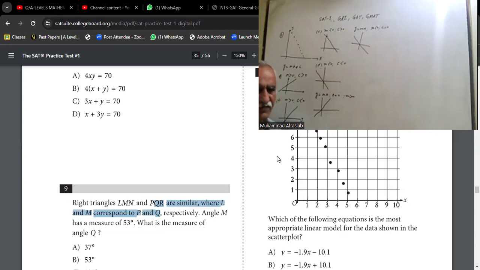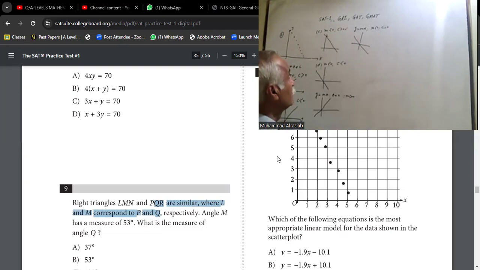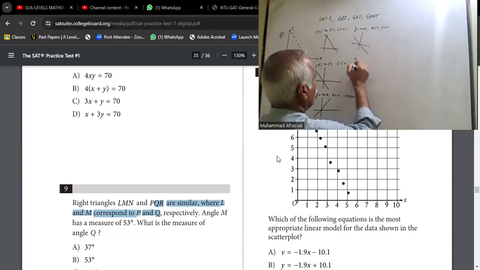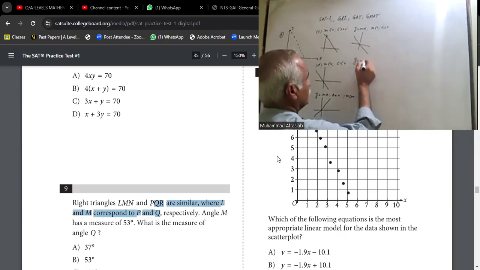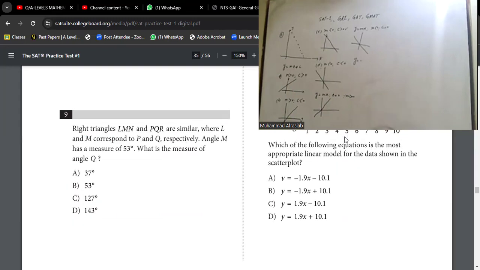So in our solution, they have given us 4 choices there. So we have to look at that point where m is positive and c is positive, and m is negative. So this is the case where m is negative and c is positive. So according to this equation, y equal to minus 1.9x